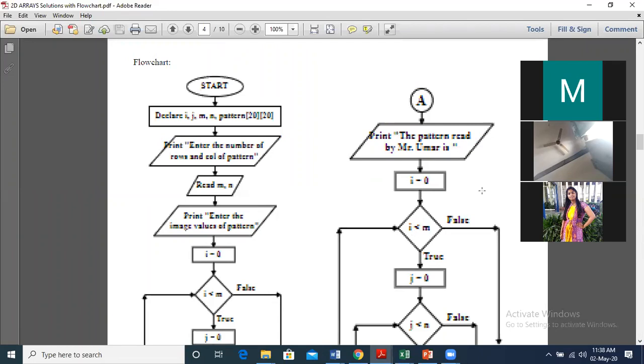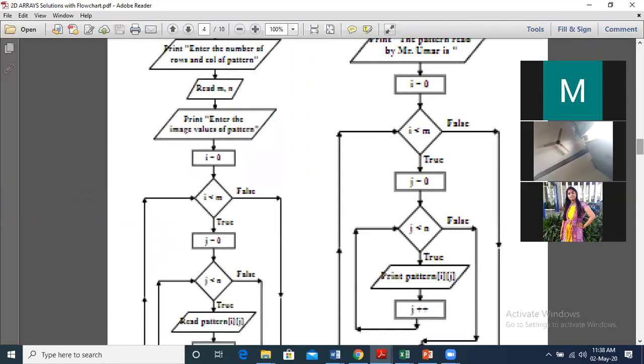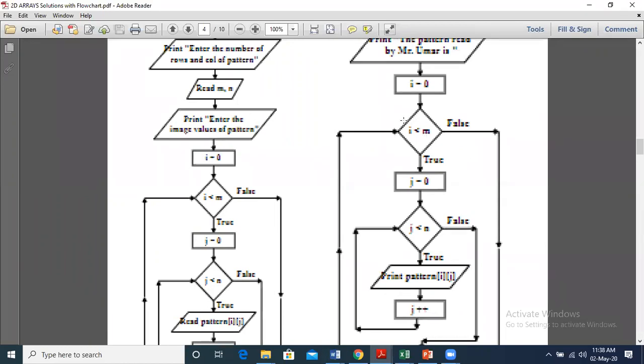Note that you should not give any hexagon or something which you find on the internet. The condition has to be given in a decision symbol itself, so use a rhombus for the condition. In some cases we see hexagons and all that, please do not use that. i equal to 0 is a process. We are initializing the value. It has to be a rectangle. i less than m is a condition.